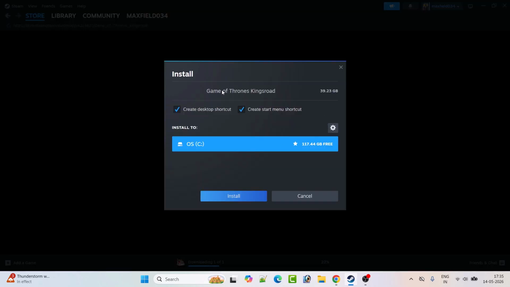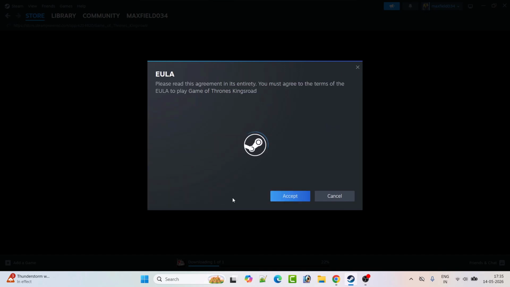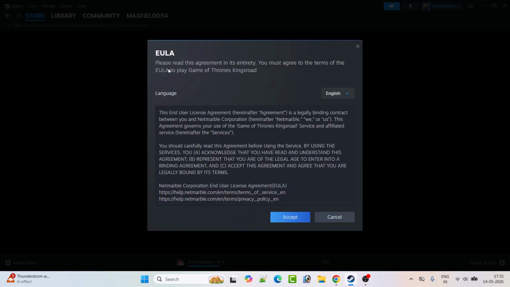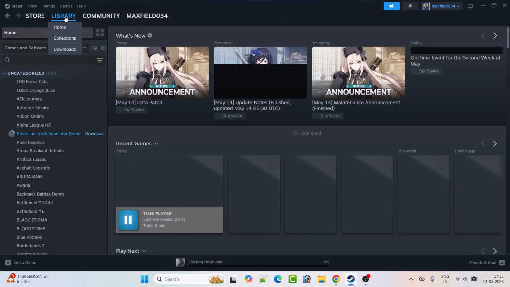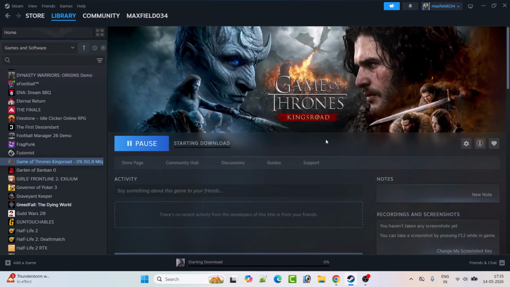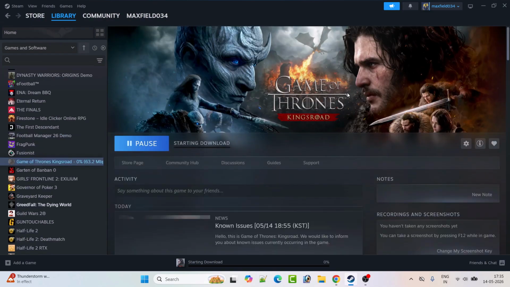and here you can see Game of Thrones Kingsroad and the file size is 39.23 GB. So click on install. Now please read the EULA terms and conditions and then click on accept. Now go to the library tab and here you can see that Game of Thrones Kingsroad game is getting downloaded